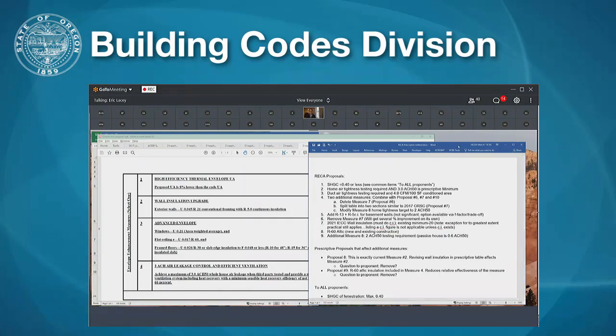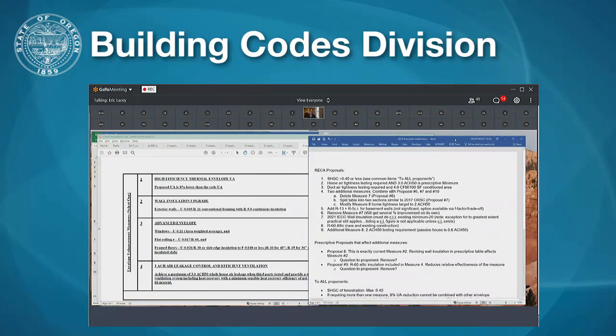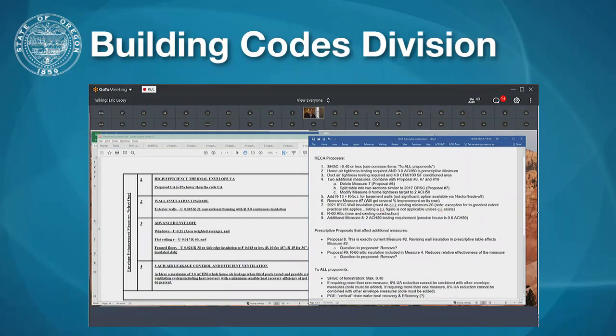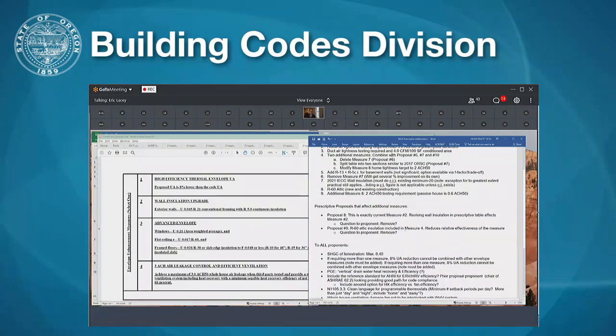And Mark, you just reminded me of something I failed to mention. We used as the source of a good number of our proposals the 2021 IECC, and we figured that since Oregon will likely be looking at this in the next round of the Oregon Residential Specialty Code, we looked to the 2021 IECC for any measures that Oregon hadn't already adopted. In some cases, you've already met or exceeded the 2021 IECC, but in cases where you hadn't, we looked there for some direction.